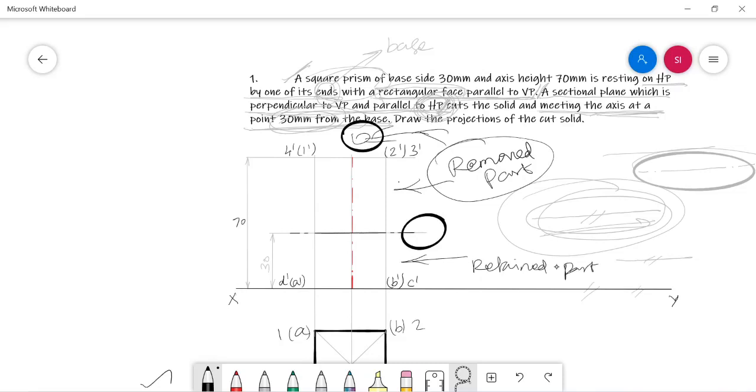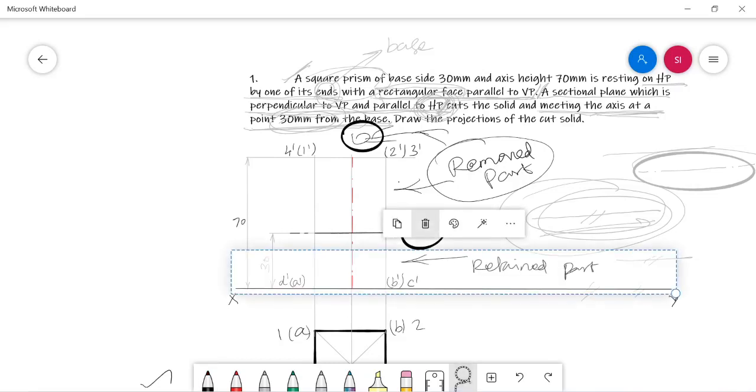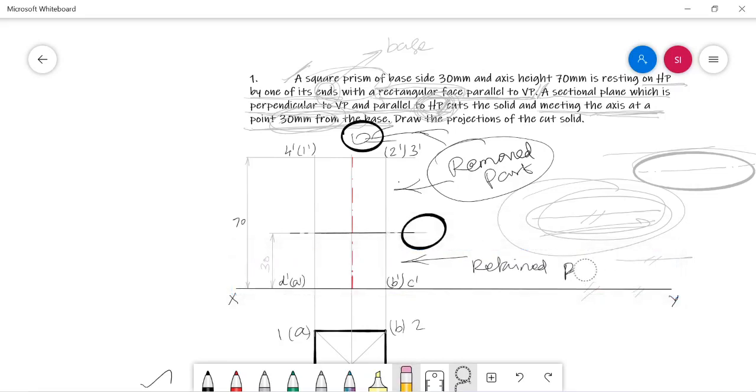Now we need to highlight the retained part. We should not rub off the removed part. So by darkening the retained part, we can express that the part which is more dark is the retained part. Let me rub off the unnecessary things.